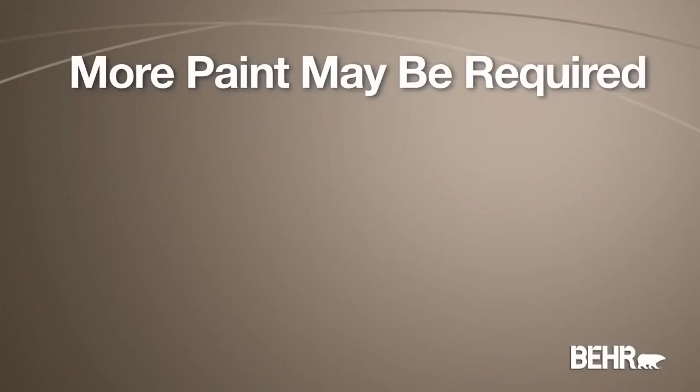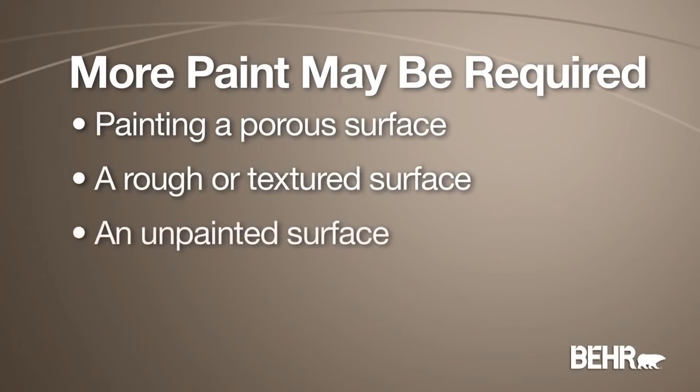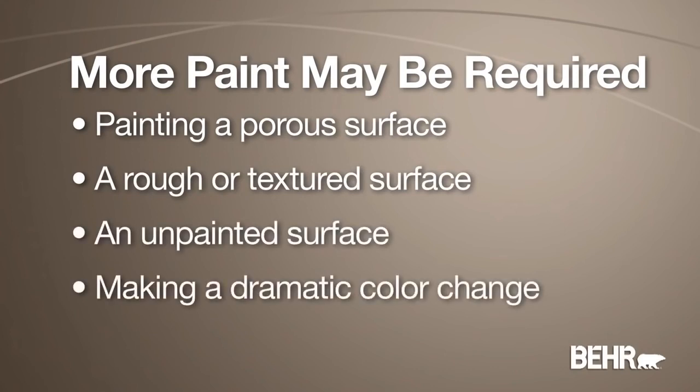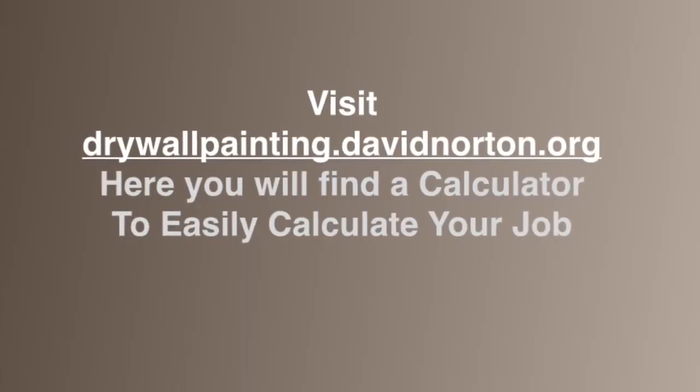Each paint will vary depending upon its ability to cover the existing surface, such as painted walls, porous surfaces, rough textures, unpainted surfaces. When there is a huge color difference, the wall may require additional coatings. I have had to paint some walls as many as 3 different times in order to have complete coverage on the wall. You can find a paint calculator on my website at